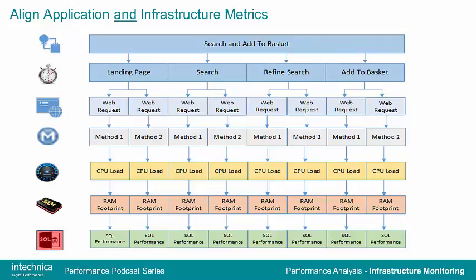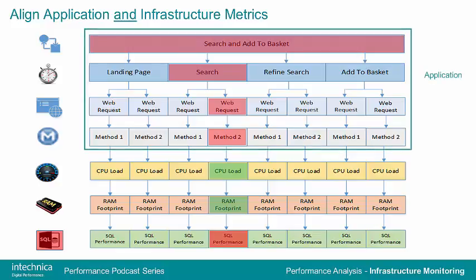Aligning application and infrastructure metrics is vital to rapid problem resolution. In the example shown, the search and add to basket business transaction had a problem with search functionality. By looking at the application metrics available, we could follow the performance problem through the web request and method level,